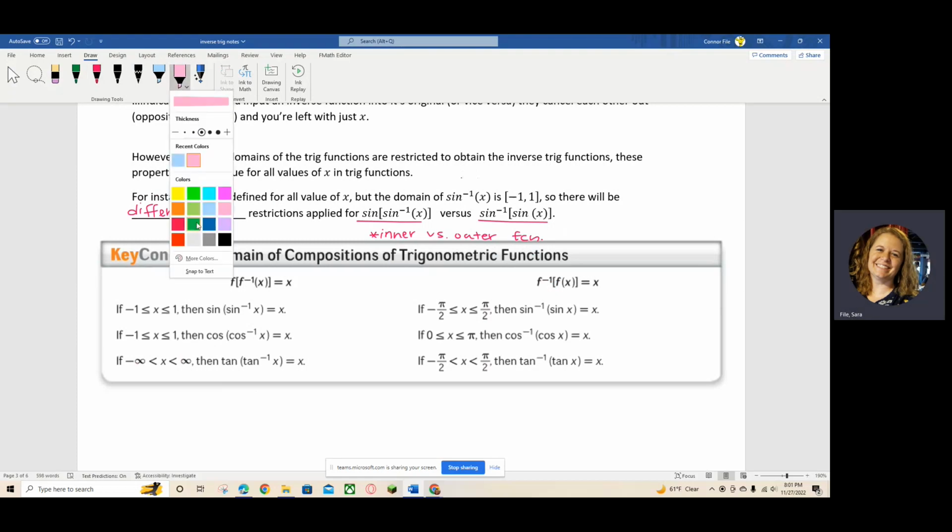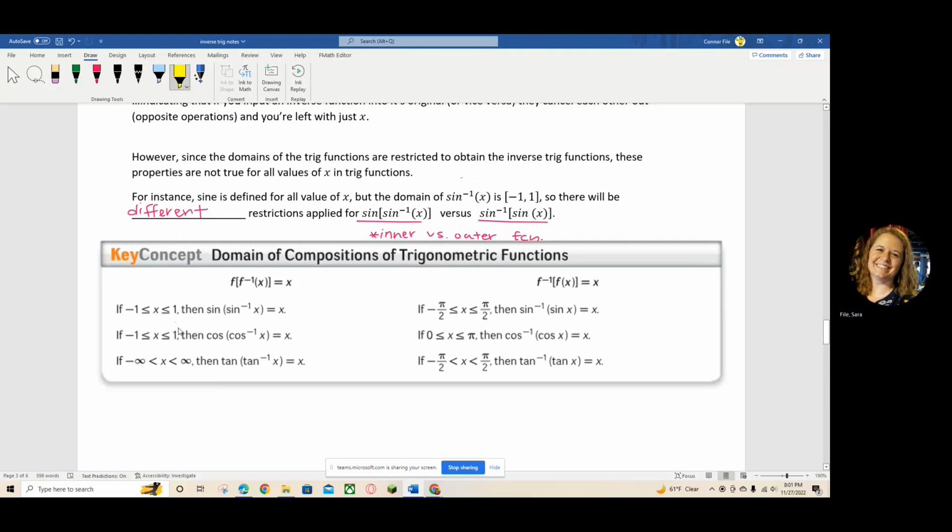Okay, so I'm just going to pick 3 colors here. I'll use yellow. Okay, so for it will simplify down to just x as long as the x that you're inputting, as long as this value is between